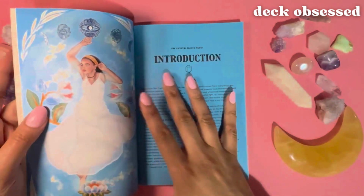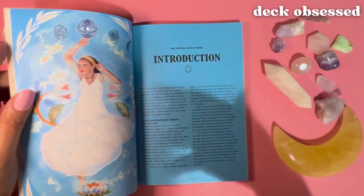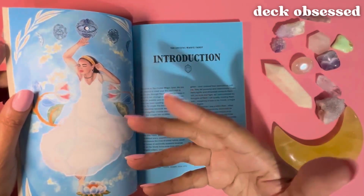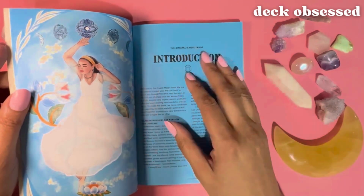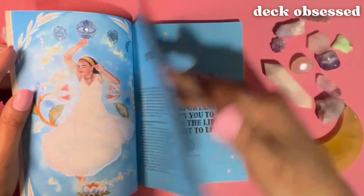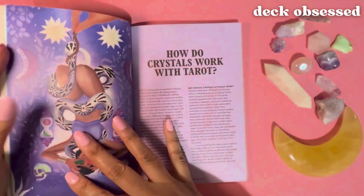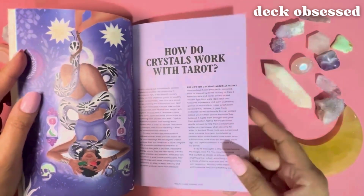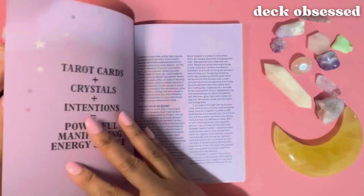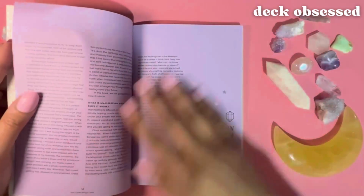In the introduction, Kerry and Clare discuss their backgrounds and their passions for crystals and the tarot, respectively, and how they combine their skills to create this deck and guidebook. There is a section on how crystals work with the tarot, where they briefly discuss the history of tarot, the science of vibration, and how crystals work, as well as how manifesting works. And then we move into the card meanings section,